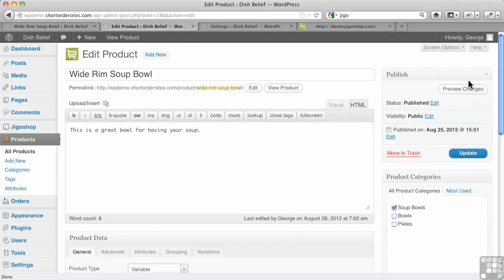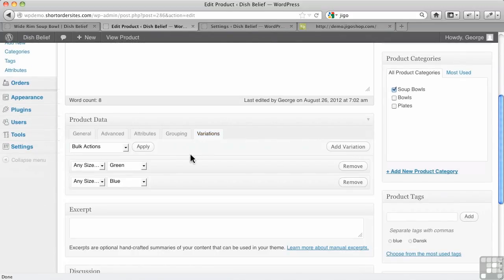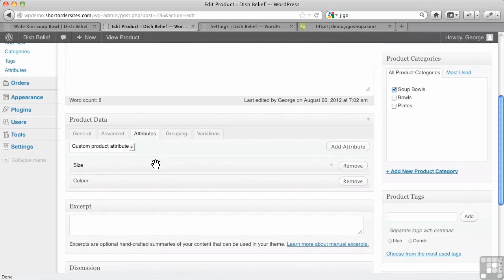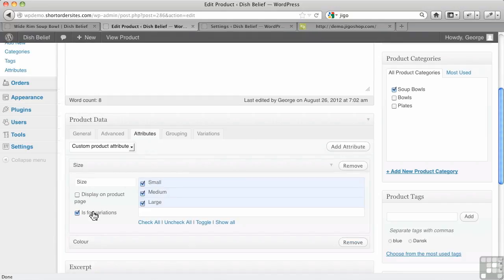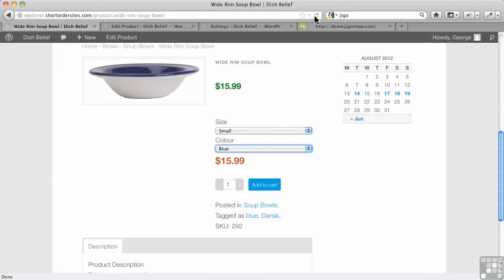And in this video, we're going to continue looking at product variations in the JigoShop shopping cart. One of the things I wanted to show you here with our variations that we've got for our bowl, remember we've got different colors and different sizes. Now if I go over to the Attributes tab here and I drop down one of these, remember I said just show is for variations, but we might also want to display the information on the product page. So if I click on that and I update my product here,